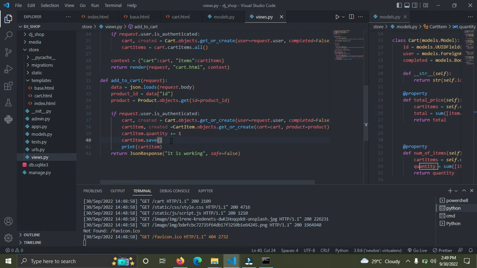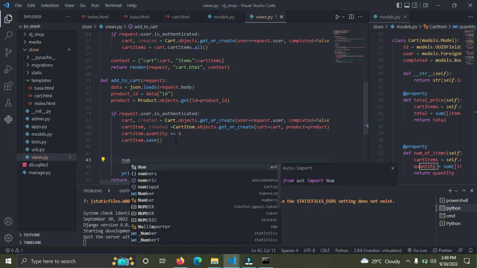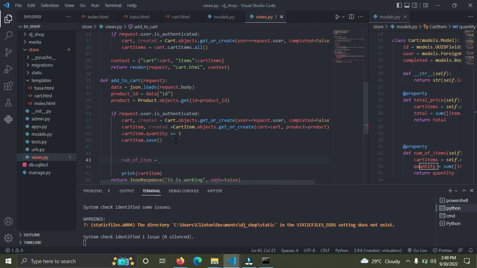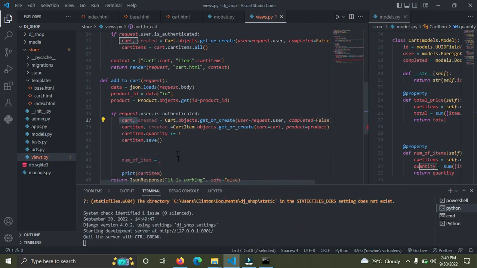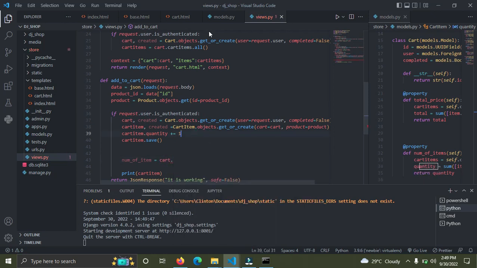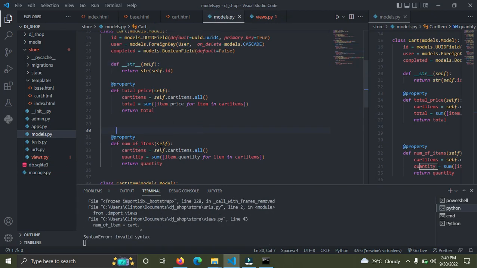just under here, I'll simply come over here and say num of items. Num of items should be equal to cart dot, what was it called again? Let's check our model. Should be equal to cart dot num of items. So copy this property, Ctrl C,